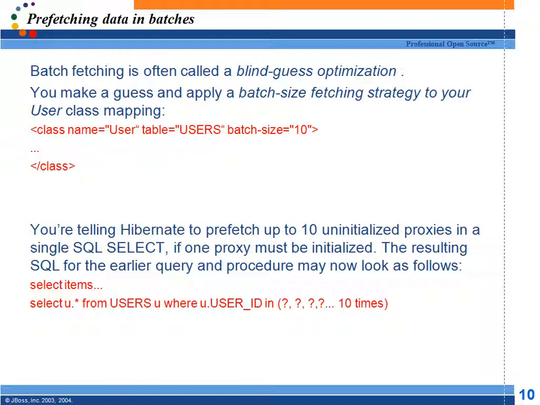Suppose this select query for items returns 20 items, how many select queries are now required? See, one for fetching the items. I got 20 items. I said batch size is 10, right? Whenever I try to access the first user, it will get 10 users automatically. If I try to access the 11th user, another query will be fired, right? So here, by specifying the batch size, we are reducing the number of queries being fired. Yeah, you can give as much as you want. According to your application, you can specify whatever batch size, right?